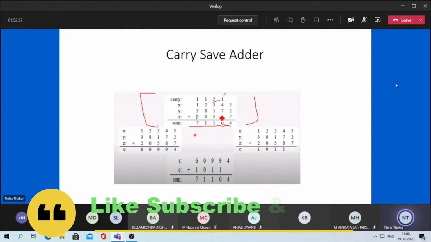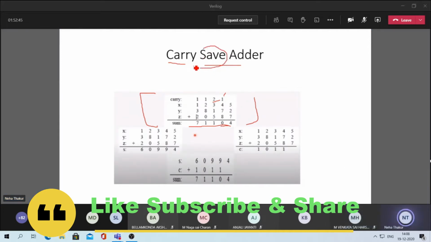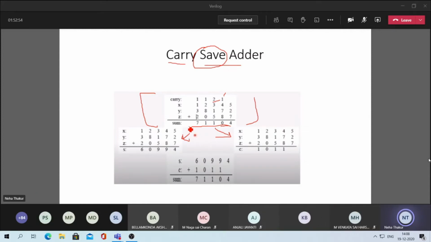But in carry save adder, the name is saying carry save, that means you are saving the carry. At the time of sum, you will write only the sum at one place and the carry at another place. Now you have bifurcated your normal addition in this way.